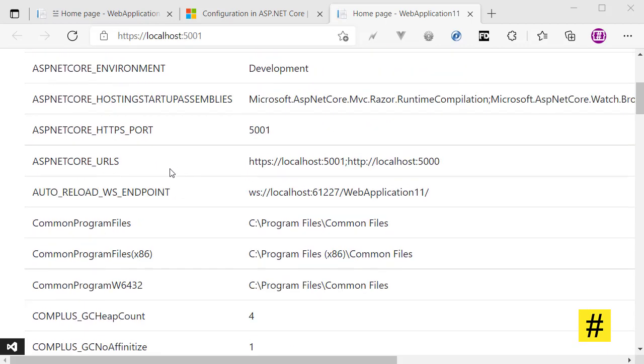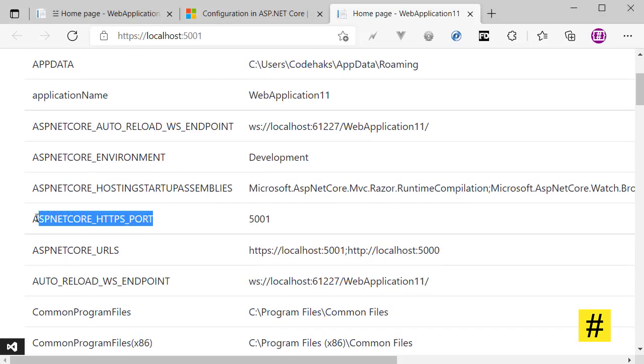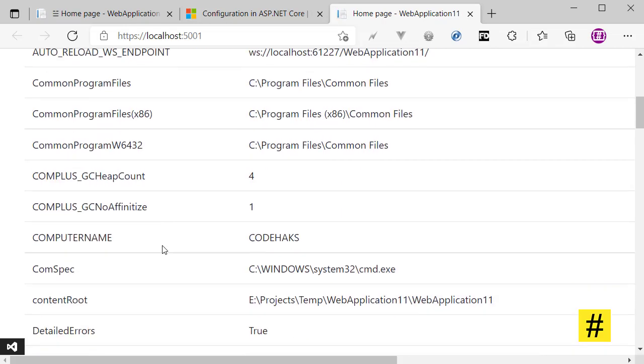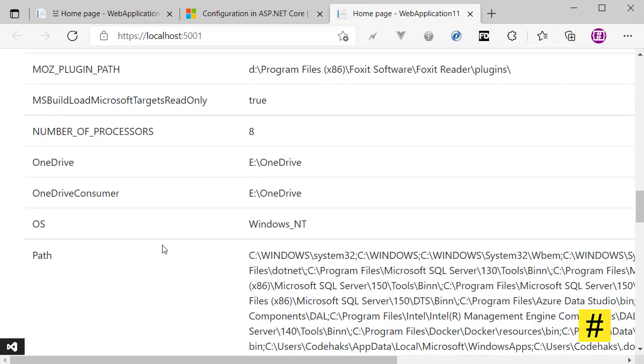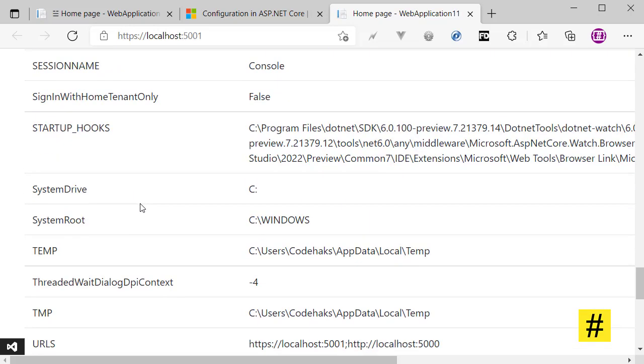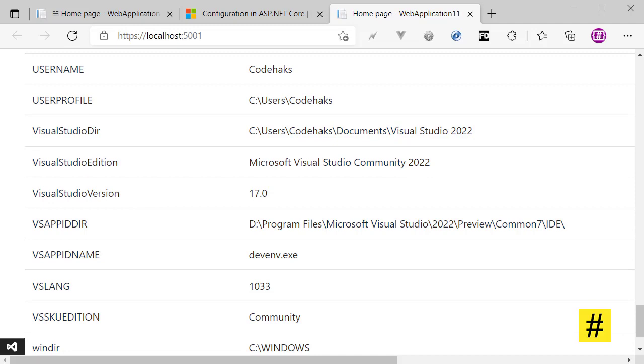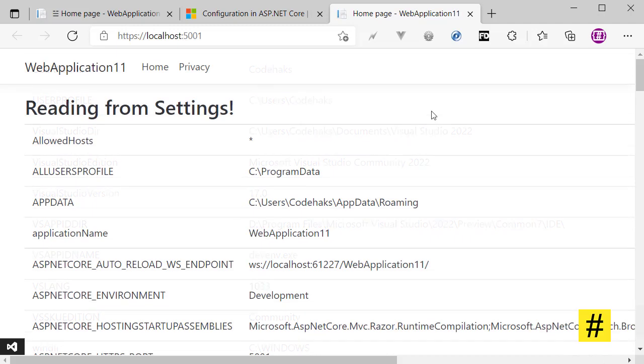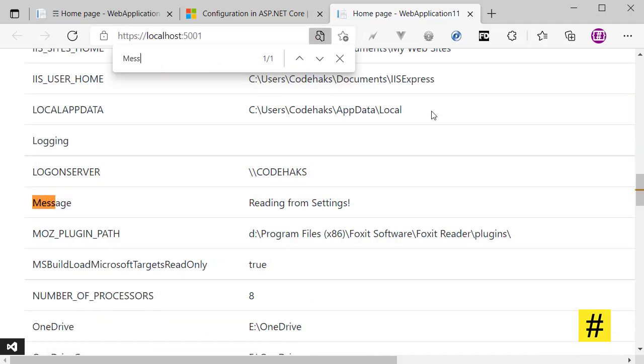Lots of them are environment variables like these, and it goes on, and you can always access any one of these or set these in Appsettings.json. So now what? If I search for a message, I can get it down here. So I can add more